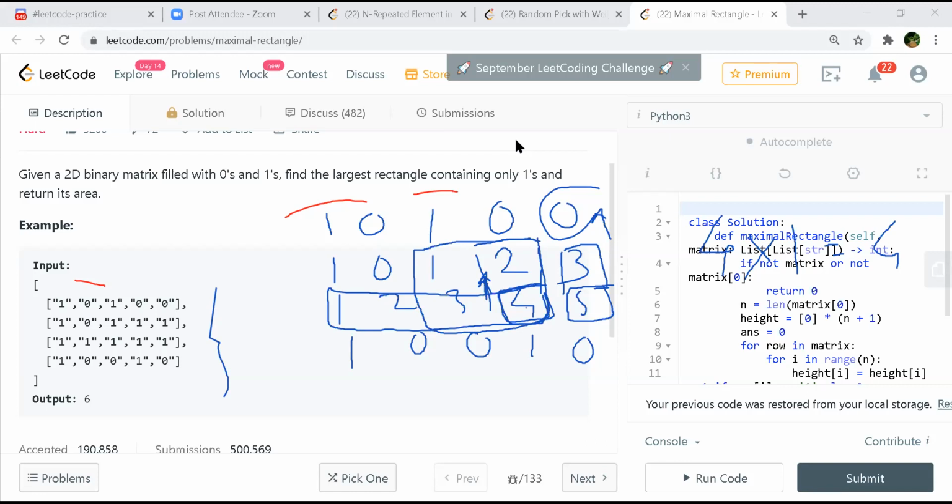When I go to 2, I'm considering this row and this row, therefore I'm multiplying by 2. But the minimum of 2 and 4 is 2. So I'm just taking the minimum of the widths in both rows, and then multiplying by the 2 rows. Therefore I'm getting this particular area. Because I have to get an area, I need a width as well as the height, correct? So therefore I'm getting 4 here.